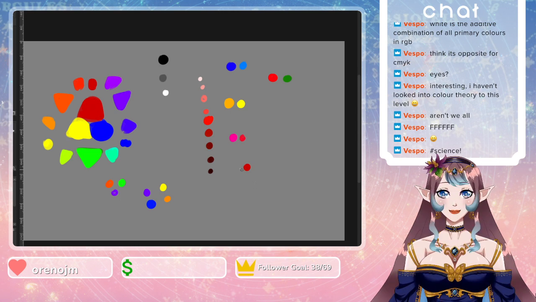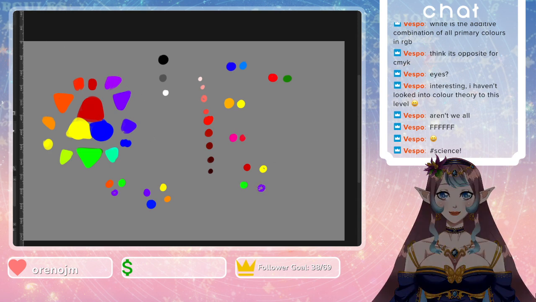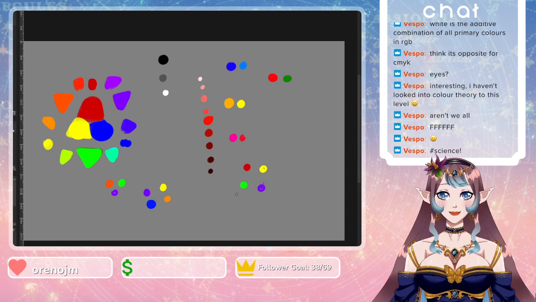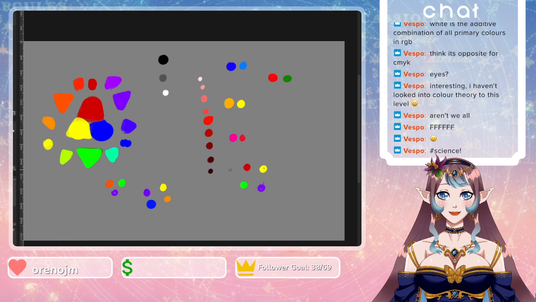So basically, you'd have red. You can have yellow, and then because the complementary of red is green, you put it there. A complementary of yellow is purple. See? They go together. Of course, I'm not playing around with values, so they kind of look jank right now, but you know,